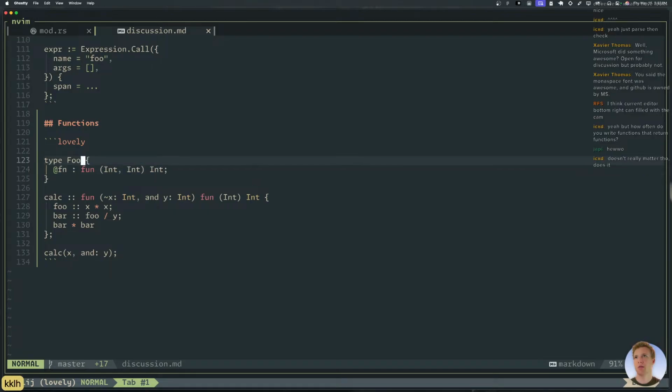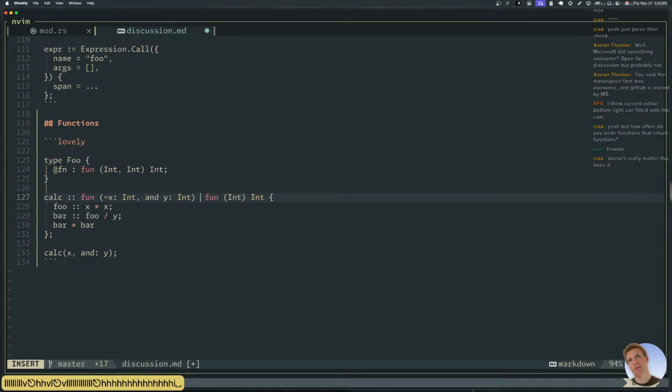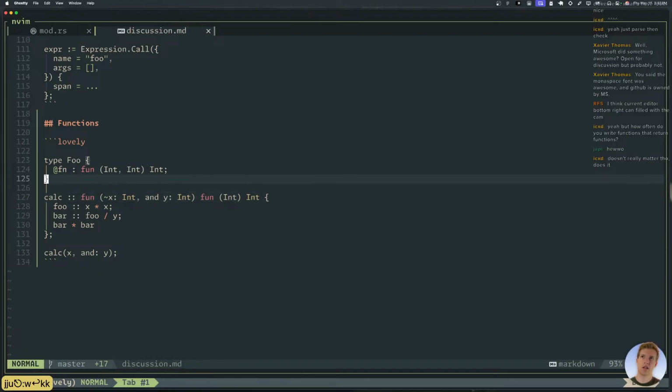What do you think? This was the suggestion. Just making something like this. But then that means when on a return type, it goes here. We could fix this by adding an arrow. I don't know if that really fixes it actually. So this looks a little bit funny. It looks like there's two functions here. Fun that and fun this.